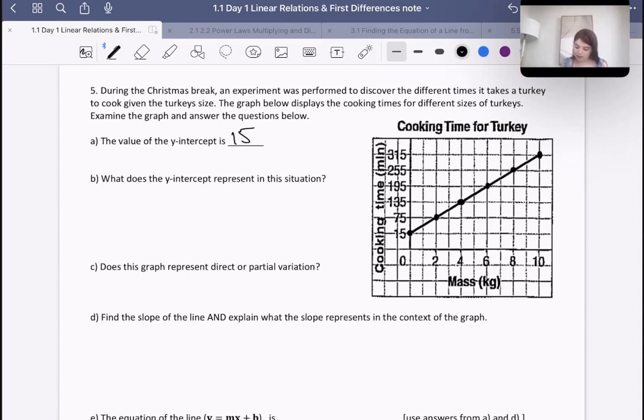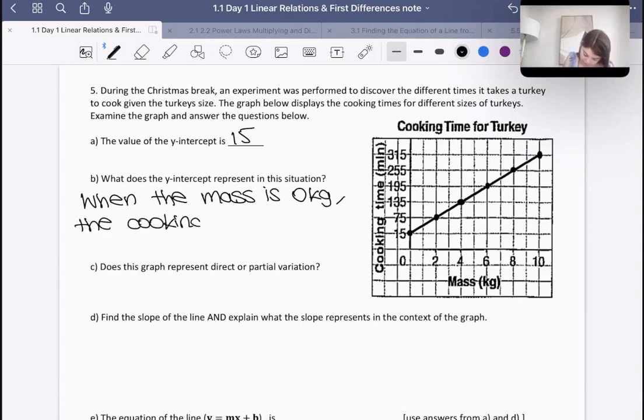And so for a very, very small turkey, apparently, where the mass is 0 kilograms, then the cooking time is 15